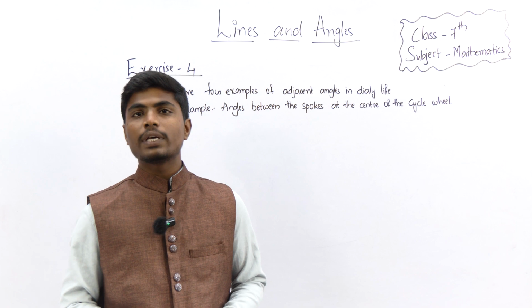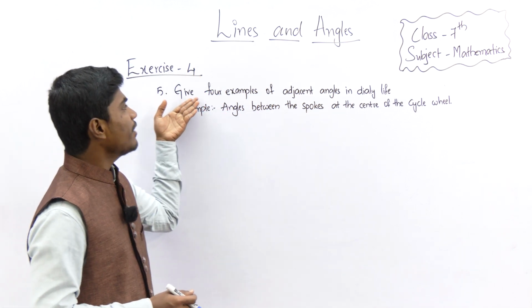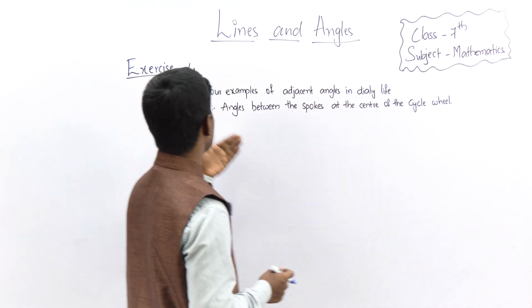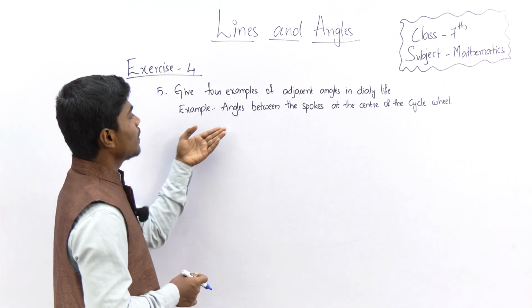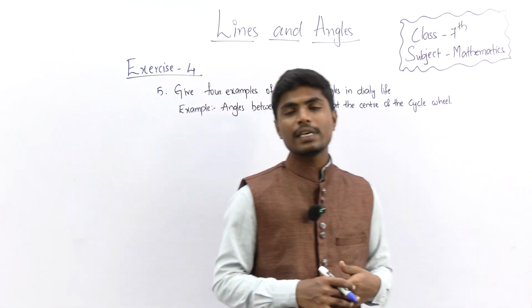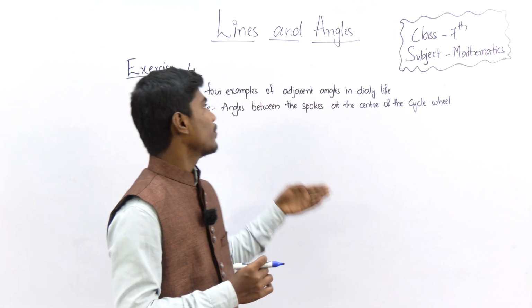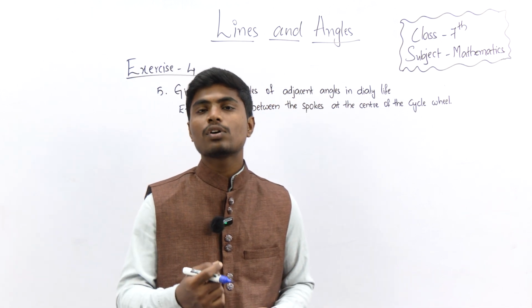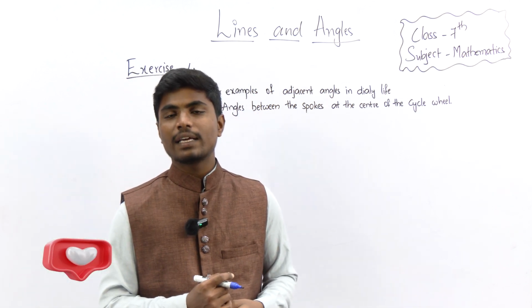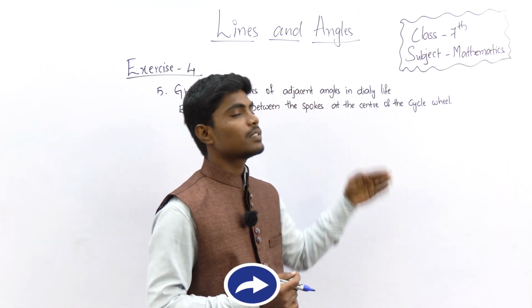Now we move to the last problem of exercise 4. Fifth problem: give 4 examples of adjacent angles in daily life. Here he gave the example, angles between the spokes at the center of a cycle wheel. See, he is asking that we have to write 4 examples for adjacent angles which are observed in our daily life. And for better understanding, he gave an example, angles between the spokes at the center of the cycle